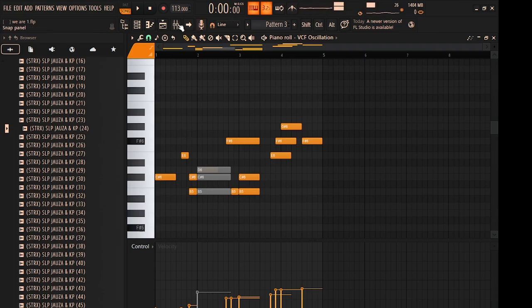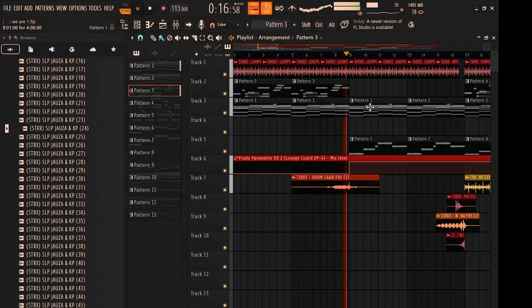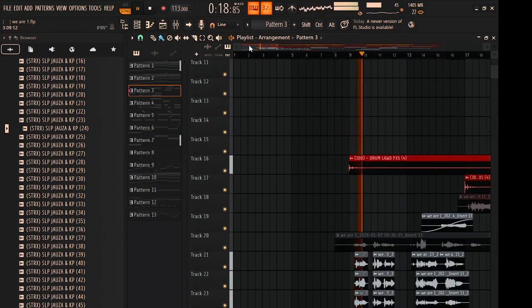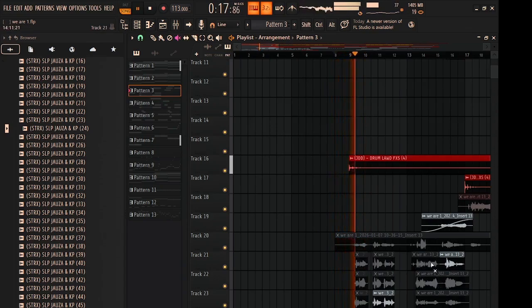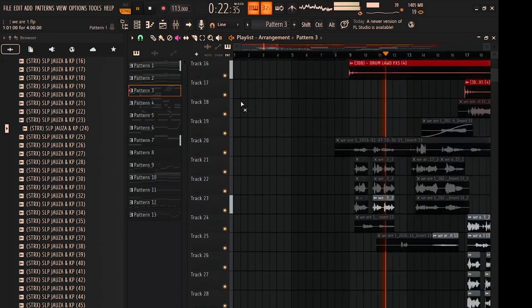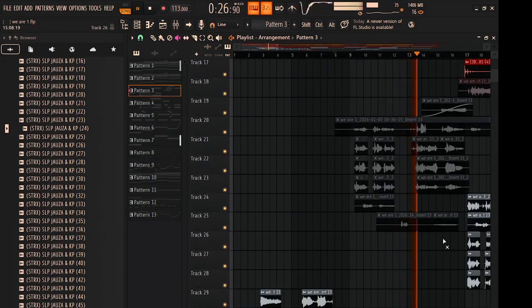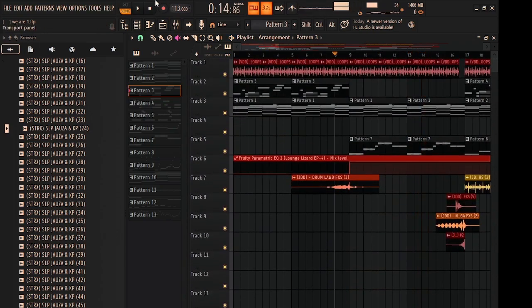So let's move on to the bass. As you can hear, the bass is simple, but it sounds like a log drum that we'll use in another genre of AMAPIANO, right?